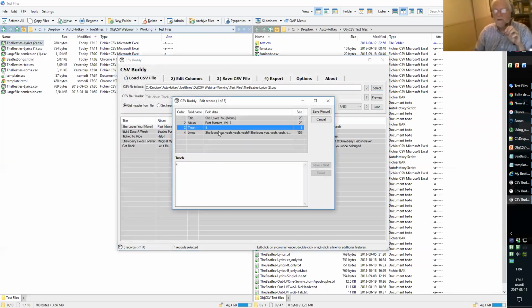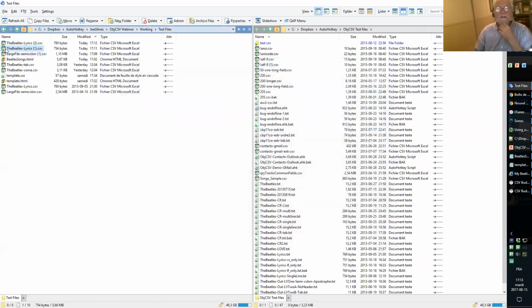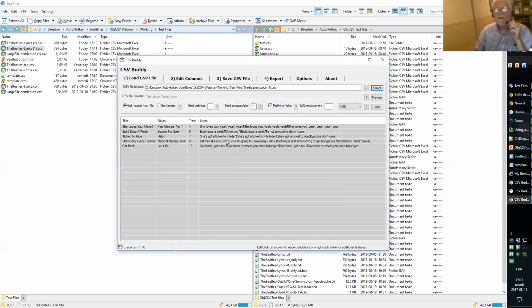Yes, it worked with the 3 exclamation marks I use as separator. So you can use multiple characters. So this file now has, okay, so the file here, if I want to load it after I did some modification in Excel and recreate the line feeds, what I can do here is to say that it is multiple line fields and that the character replacement is, and here I will cheat